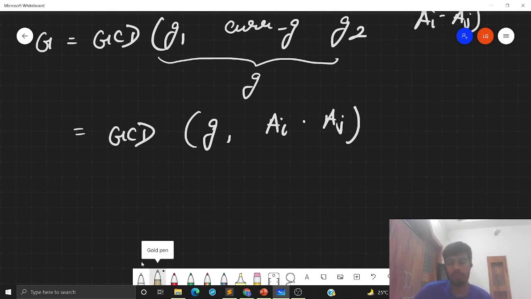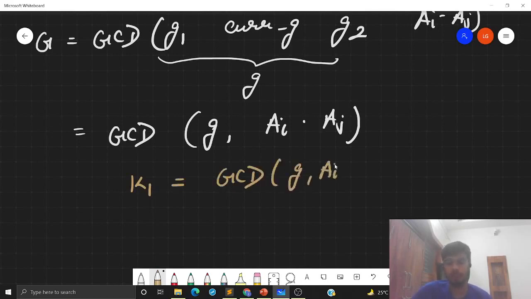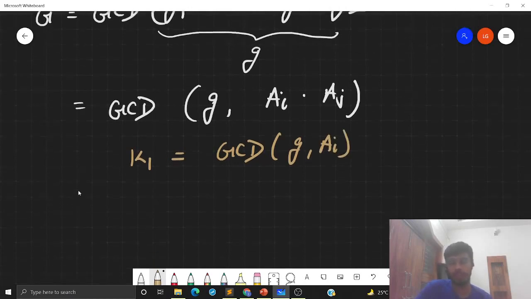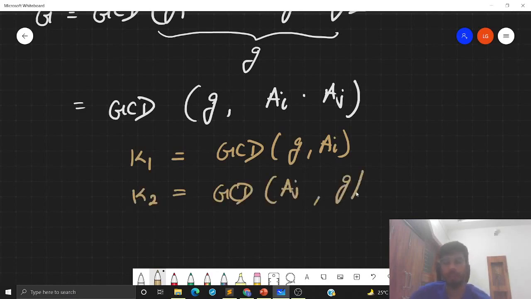So how can we calculate this GCD? We can say that let K1 be the GCD of G and A[i]. Now we can calculate K2 as the GCD of A[j] and G upon K1.